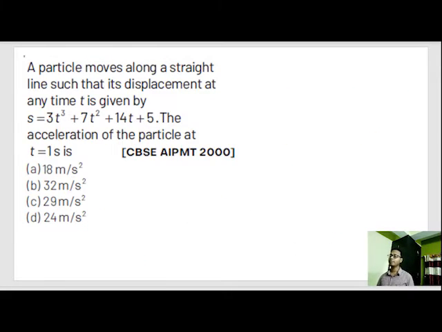A particle moves along a straight line such that its displacement at any time t is given by s equals 3t cube plus 7t square plus 14t plus 5. The acceleration of the particle at time t equals 1. That means we already know velocity is equal to ds by dt, or differentiation of displacement with respect to time,